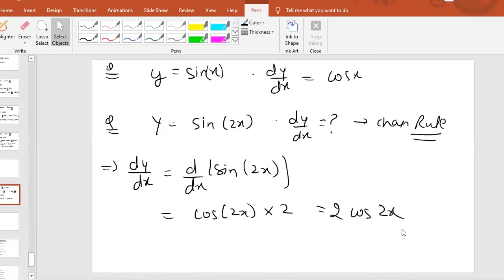Very good. So what you have said is that y equal to sin x, differentiation means cos x into dx by dx, that is one. Very good, that is the correct thing. So y equal to sin x means dy by dx is cos x. Go inside the bracket: differentiation of x with respect to x is 1. So the answer will be cos x. Fine. This is basically known as the chain rule.